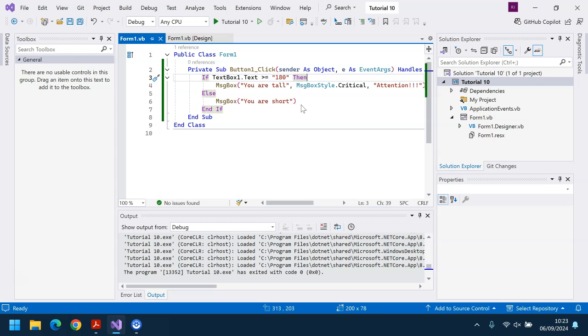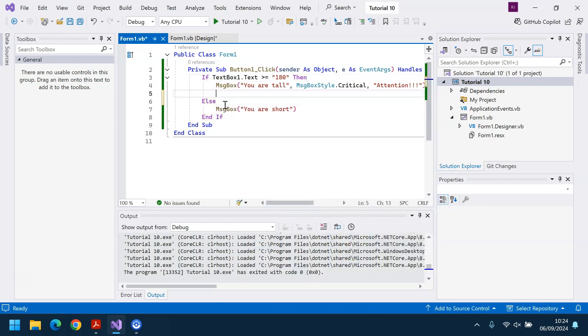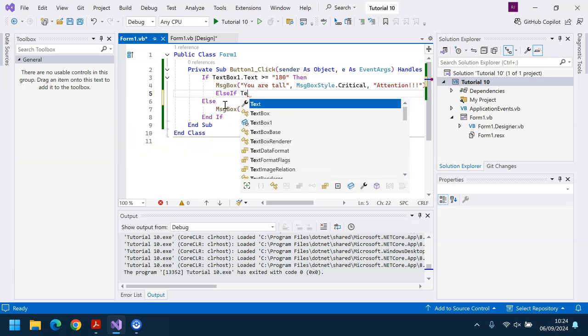So as I said a moment ago, when we type in nothing at all into the text box, it says you are short. Now I could be 7'8" or 250 centimeters, whatever that is, and it's telling me I am short. So we need to add something to our if statement to cover all the different options, in terms of someone might not type in anything at all. So where we've got else here, I'm actually going to add something called an else if. Else if TextBox1.Text